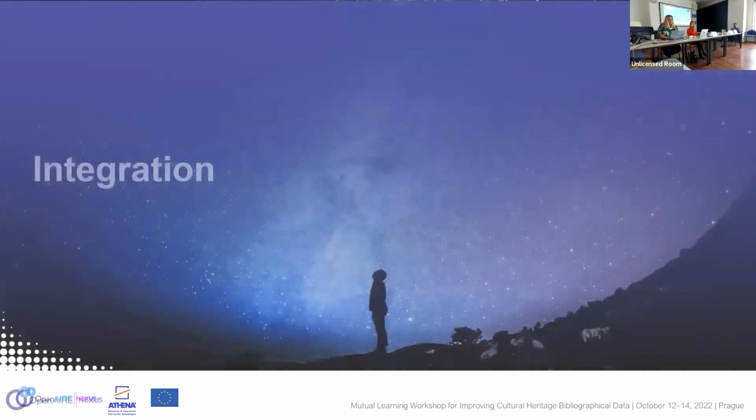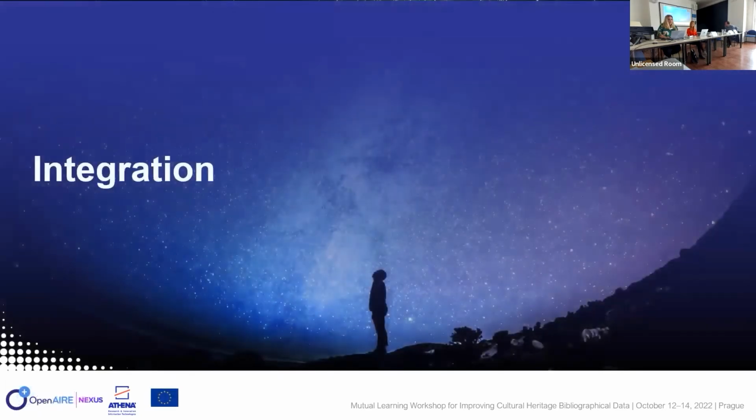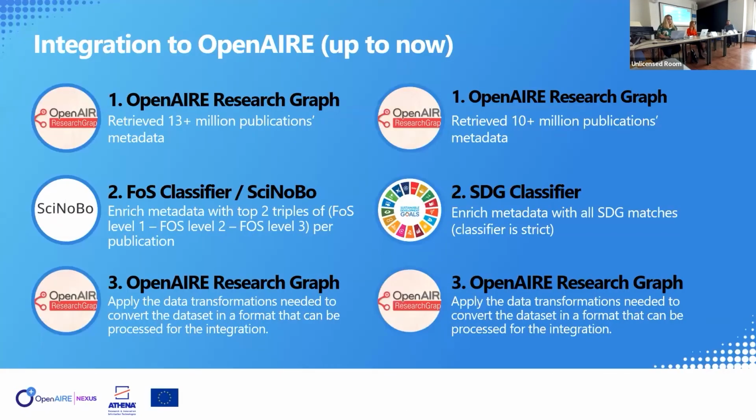Okay, so how do we integrate this into the OpenAIRE research graph? Well, right now it is a bit more manual. On the left side you see FOS, and on the right SDG. As a first step, we extracted about 13 million publication metadata records from the OpenAIRE research graph,